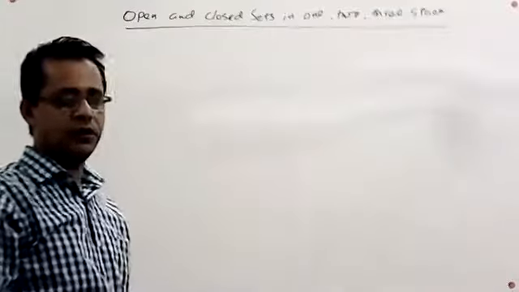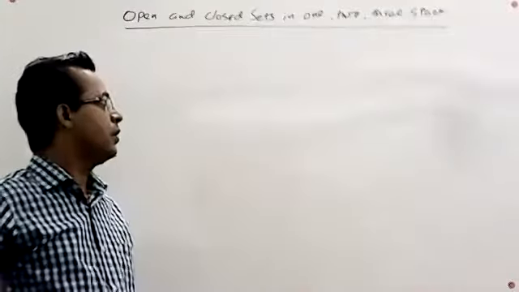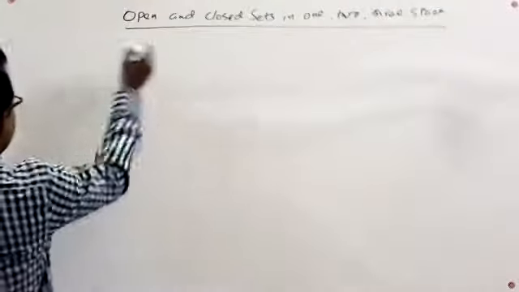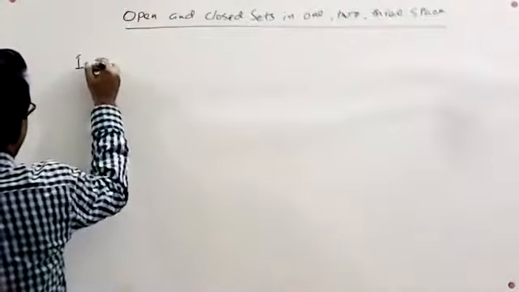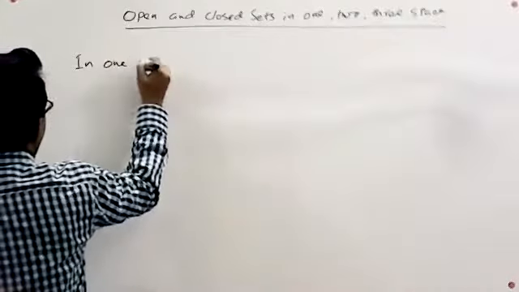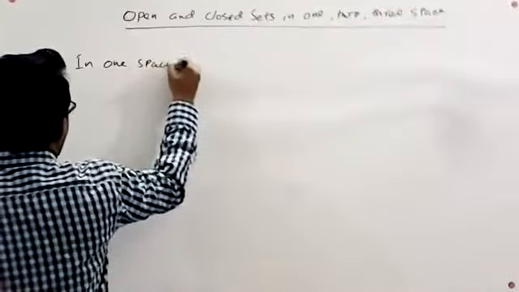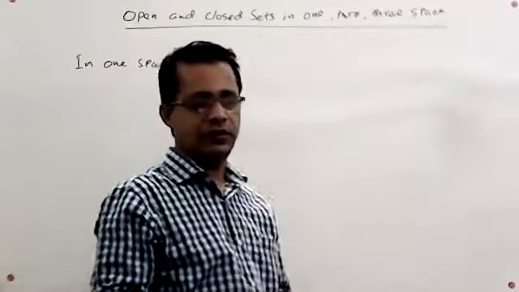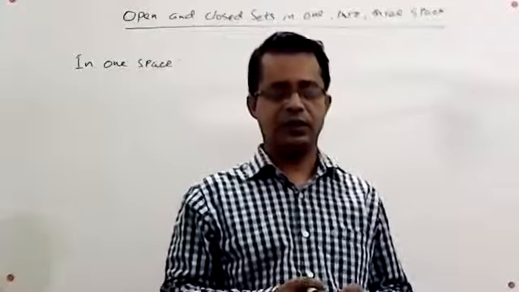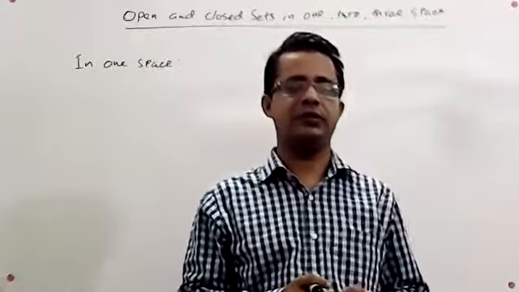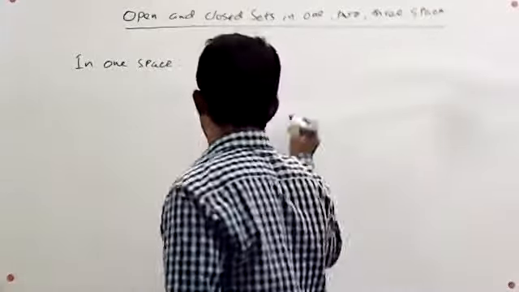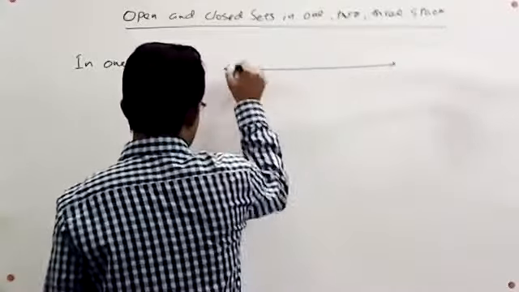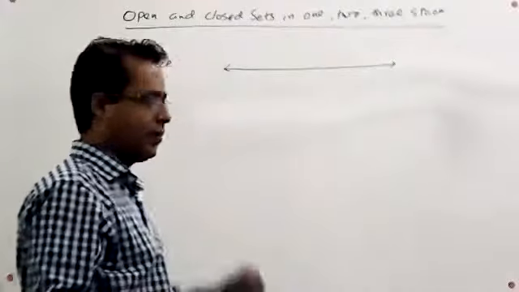So first of all, we are going to discuss these sets, open and closed, in one space. In that case, we can consider only one line, which is a real line. We consider a real line, that is, we are in single dimension. So here